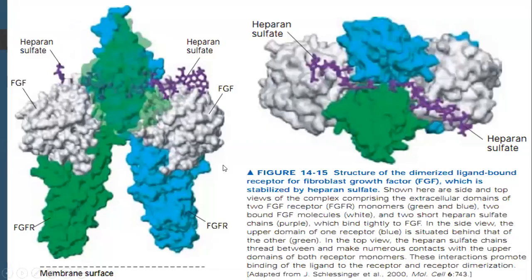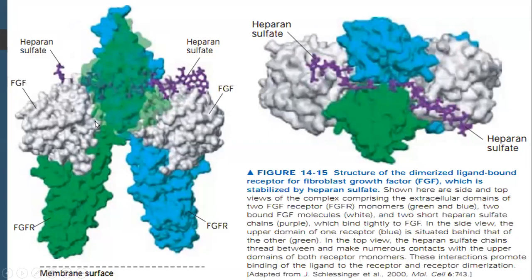So this is what the heparin sulfate has been shown. This is the side view. In the side view, this green color shows one of the monomers of the receptor. The blue shows the other monomer of the receptor. They come close together and bind together,